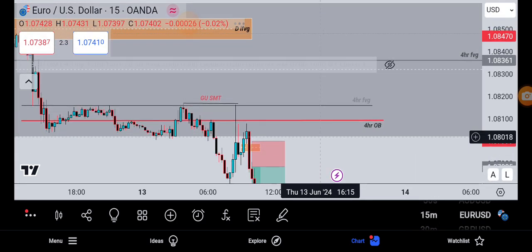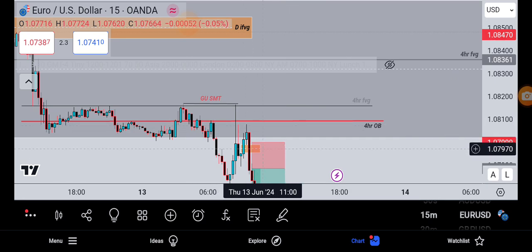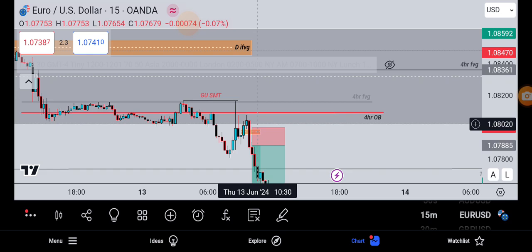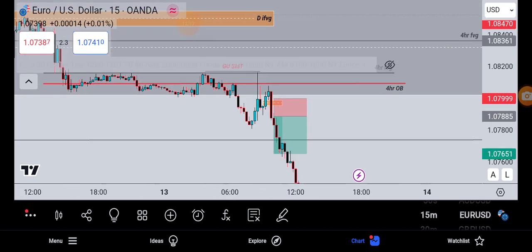and with my stops, we had this inversion fair value gap. I was kind of conservative. I didn't want to go that aggressive, because yesterday I was taken out because of my aggressive stop loss. So I was kind of conservative above that high, with these being my overlapping line of defense. So I wanted to put it there, because the market could have rallied, tapped into this fair value gap, and